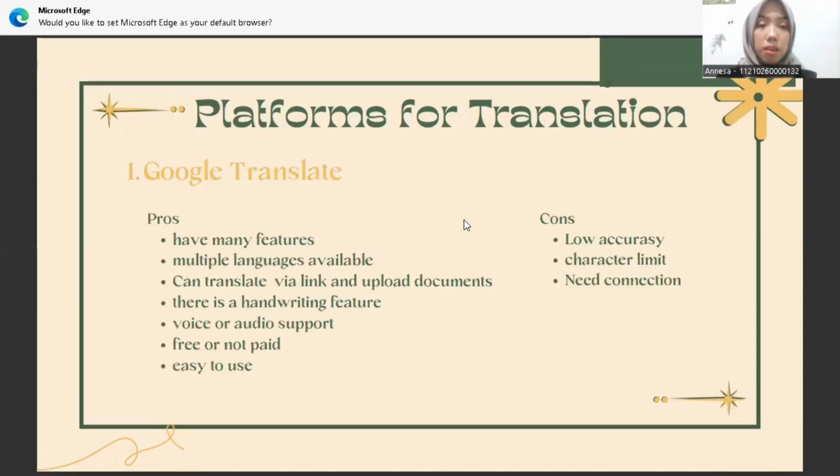Next slide is about platforms for translation. First is Google Translate. Maybe some of you are familiar with this, of course. We usually use it in our daily phone translation. How about the pros? For the first, it has many features. There's Google Lens, audio, or translating your text. And the second is